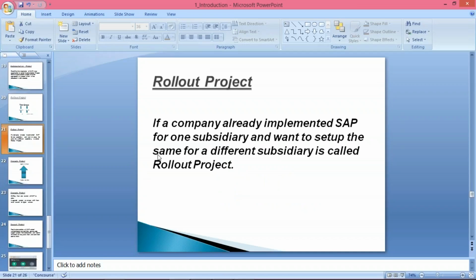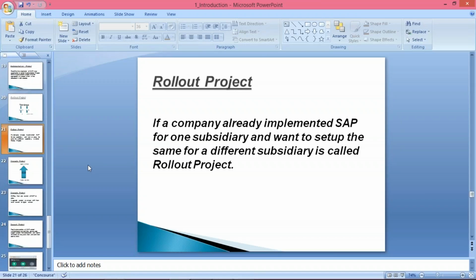Rollout project means if a company already implemented SAP for one subsidiary, like the example I've given, let's suppose Tata Motors, and wants to set up the same for a different subsidiary, it is called a rollout project. Same thing, if a company already implemented SAP in one subsidiary and wants to set up the same for a different subsidiary, it means rollout project.